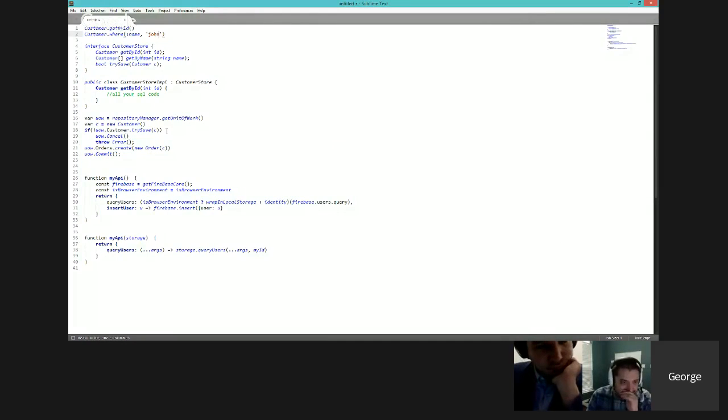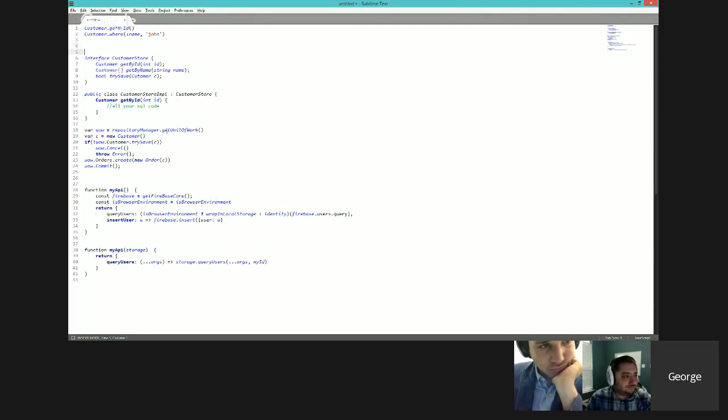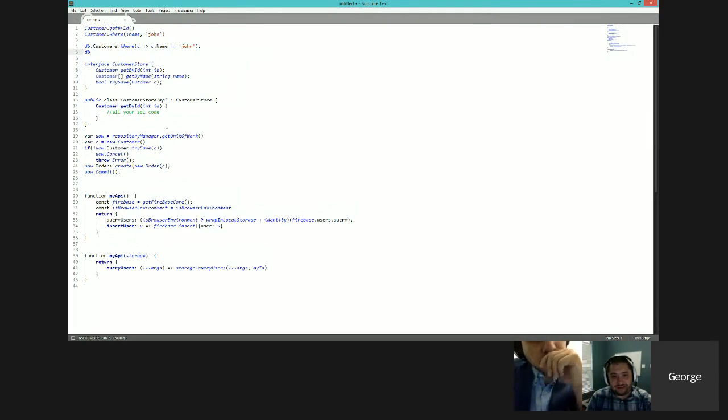Yeah, but there's nothing fundamental to the Active Record pattern about that. You could just as easily do, which is like the Entity Framework way of doing this, db.customers.where c.name equals John. There is nothing fundamentally different. You're just complaining about the way its internals work, which they still sometimes do. But see, when you get a customer, if you get a new customer, is it customer.save? You would db.save customer.